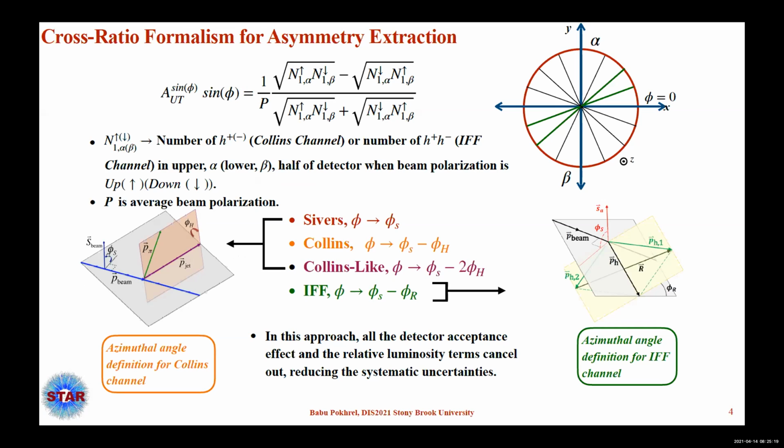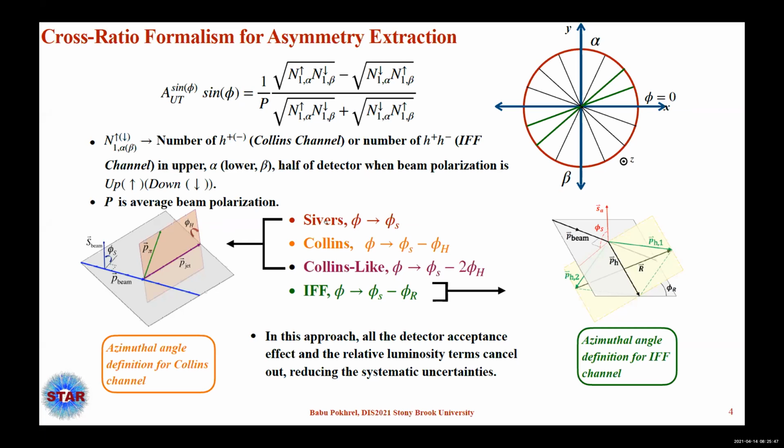Phi s is the angle between the beam polarization vector to the scattering plane spanned by the beam momentum vector and the jet momentum vector, and phi h is the angle between the hadron plane, spanned by the hadron momentum vector and the jet momentum, to the scattering plane. And for the inclusive jet asymmetry, the phi s modulation of AUT probes the